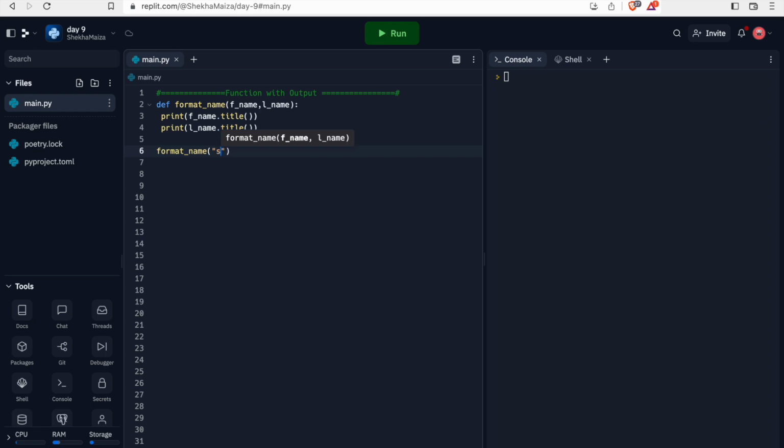You might have spotted already that this title function actually has an output. It returns a version of the string where each word is title cased. Instead of simply just printing this, we can also capture it inside a variable. Let's create a new variable called formatted f name and also formatted l name. Now what's happening here is we are transforming this input f name into title case, and then once this function executes, it has an output, and that output replaces this part of the code,